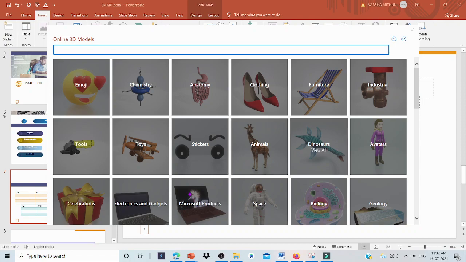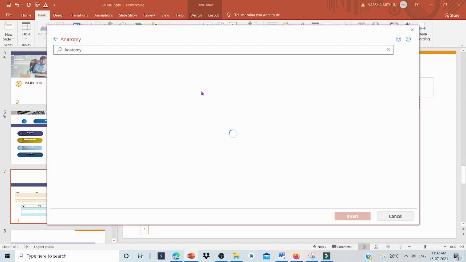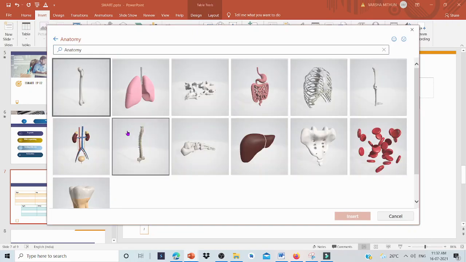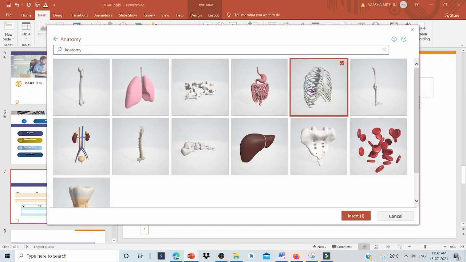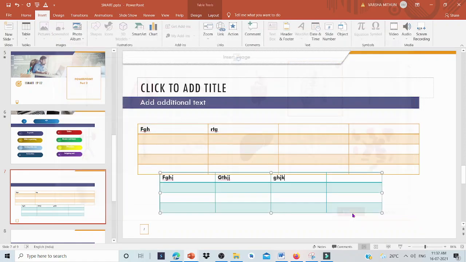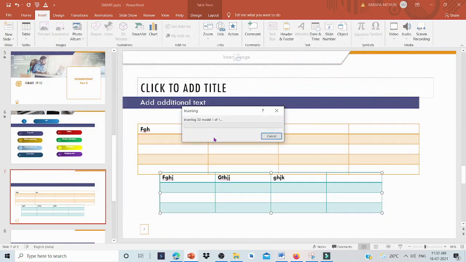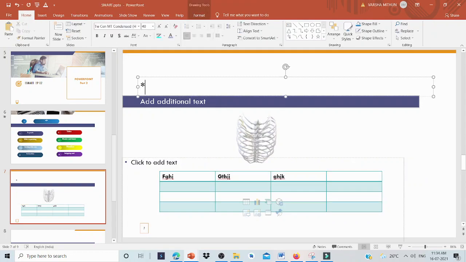Many categories are available, like chemistry or anatomy. We can select any of these and press Insert. It will take some time, and the model gets inserted, and this is the model.